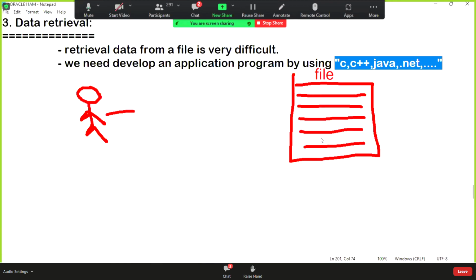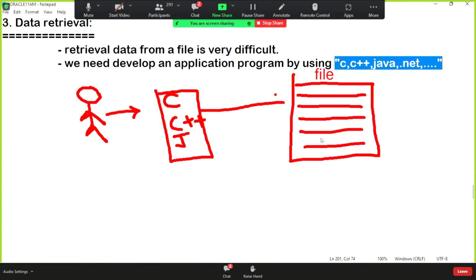Then he needs to develop one application. This application may be a C application, a C++ application, and nowadays a Java or .NET application, etc. So you need to write programming code in these languages to read your data from the file. And we are writing 15 to 20 lines of code just for reading. This is highly difficult for users. But to overcome this problem,